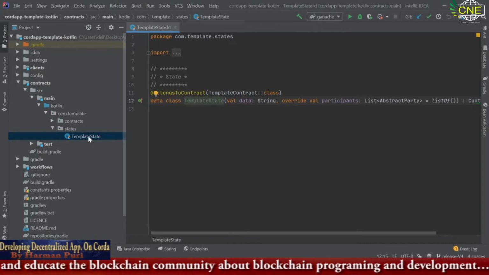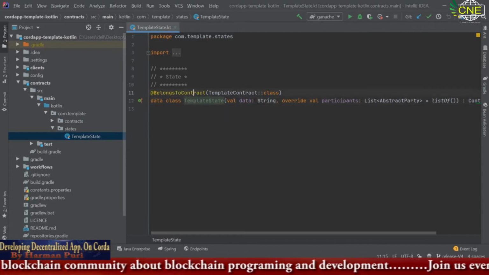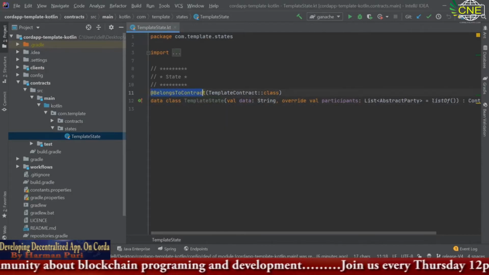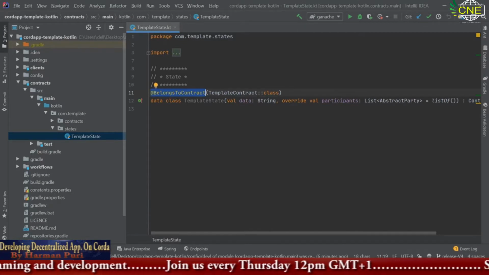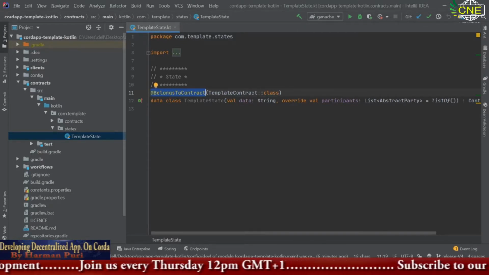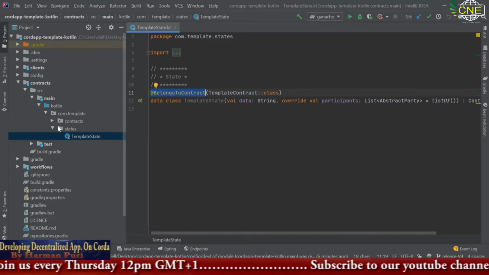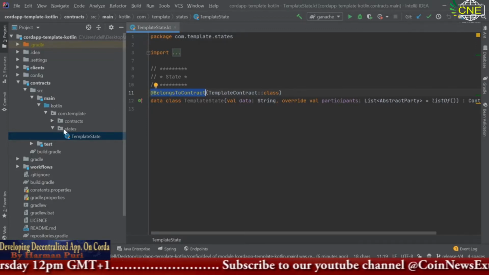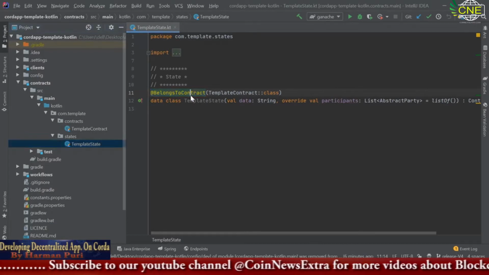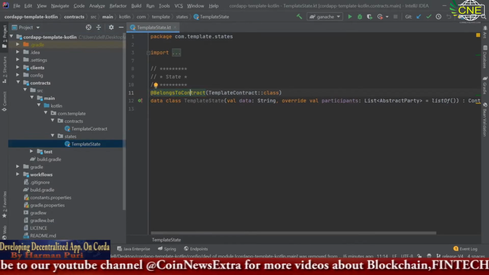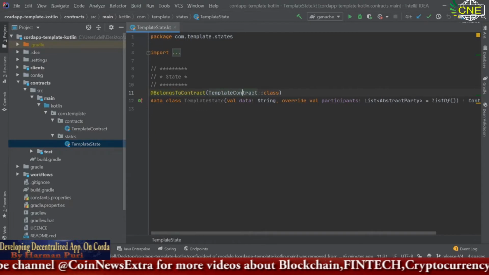When you open the template state, we find here belongs to contract. If you are familiar with blockchain terms, you have definitely heard about the word smart contracts. So this is what contract here means. If you open the contract folder, you can see the template contract is written inside.